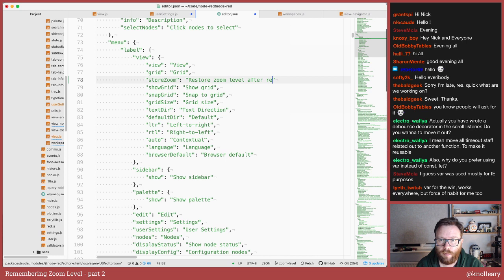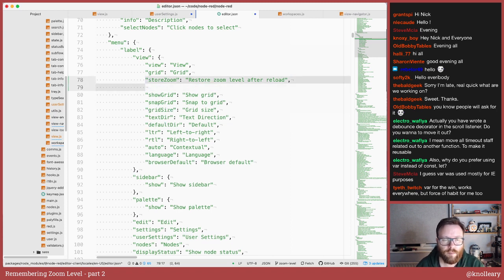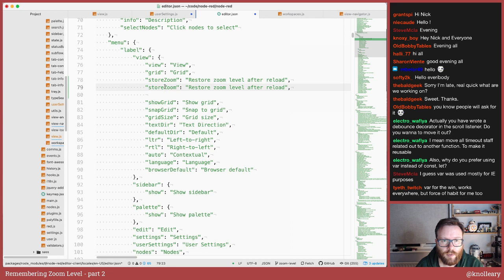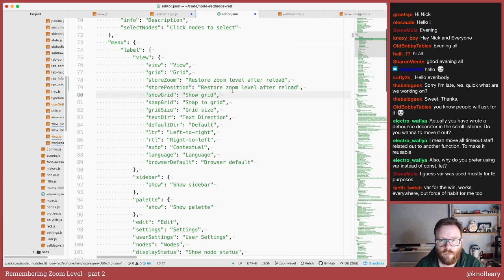Have to reload. Okay, we can bike shed that a bit. And then store position, store tab, scroll position. Does that make sense?